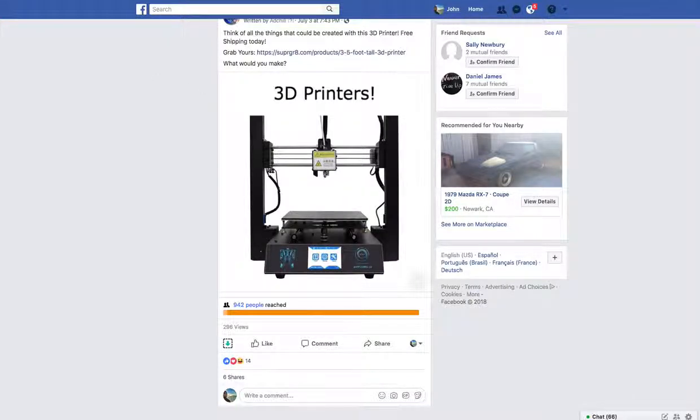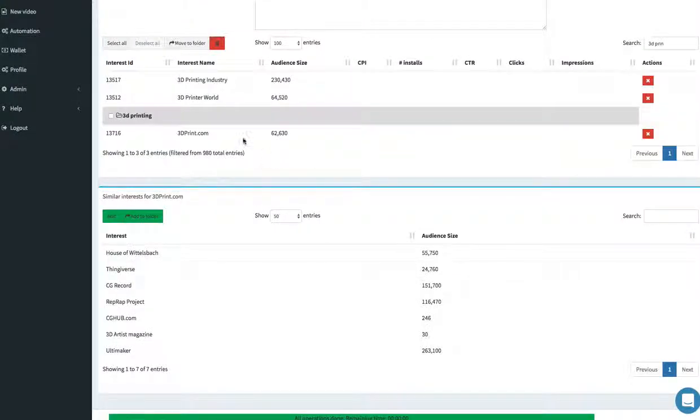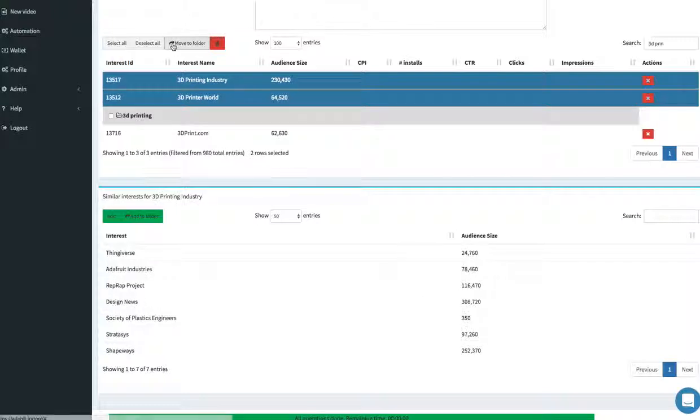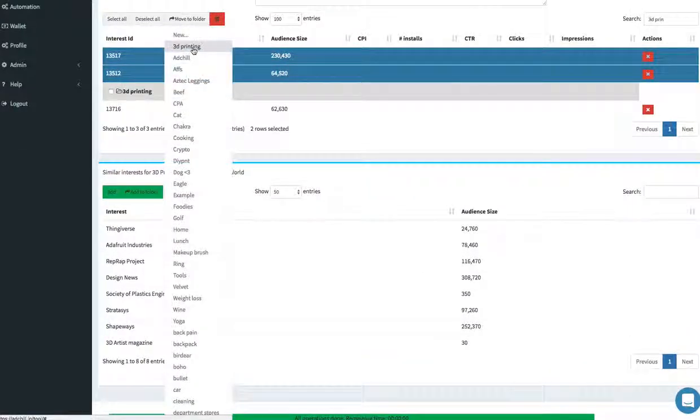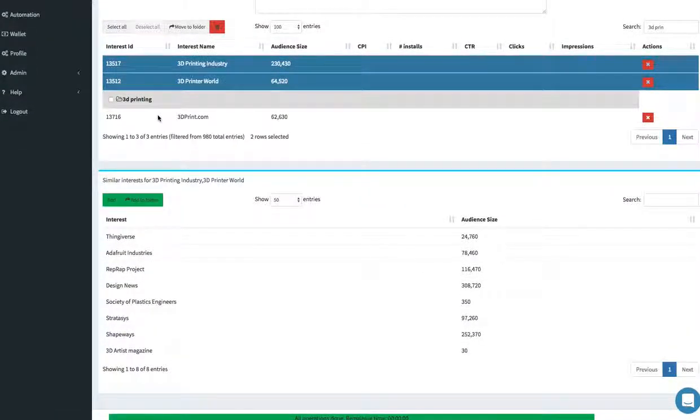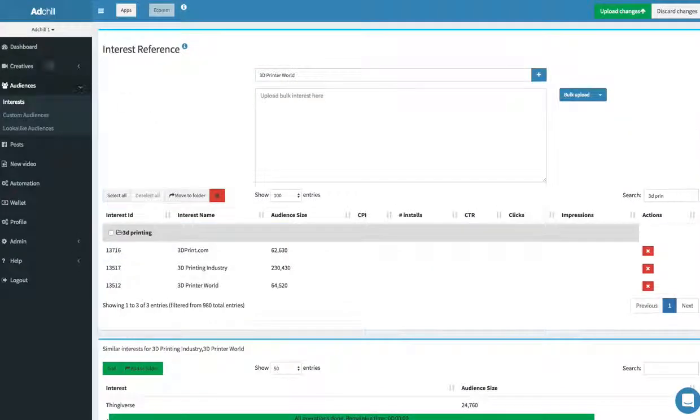It's already got 6 shares, which is pretty awesome. But now, since I'm adding these to the folder, I can launch ads to them. So let me go ahead and add that to that folder and watch this. When I go up to dashboard here,